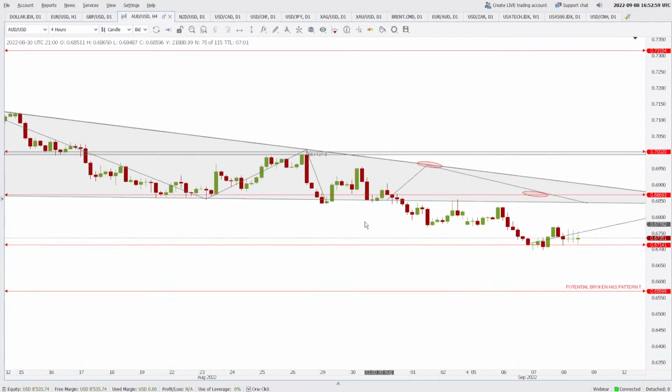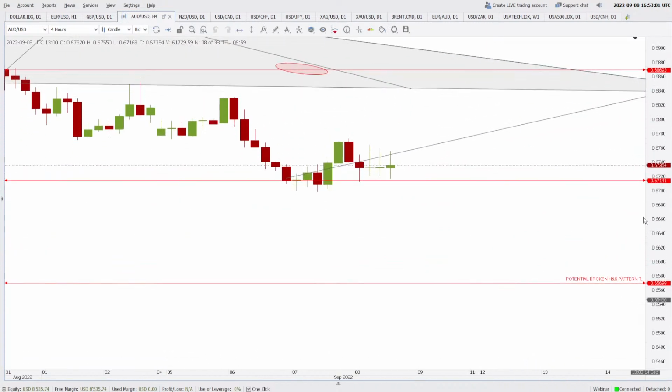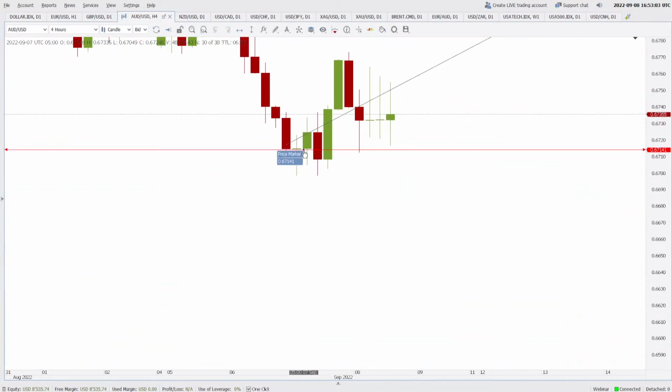I'll show you on the 4-hour. You see, after testing this area, the price went all the way up to make a high of 0.6772, and thereafter again it came back to test this level as support, but after getting support here, it is again and again getting rejected from the higher levels. So what does it signify? There is a ball that is bouncing off the ceiling again and again. So where will it go?